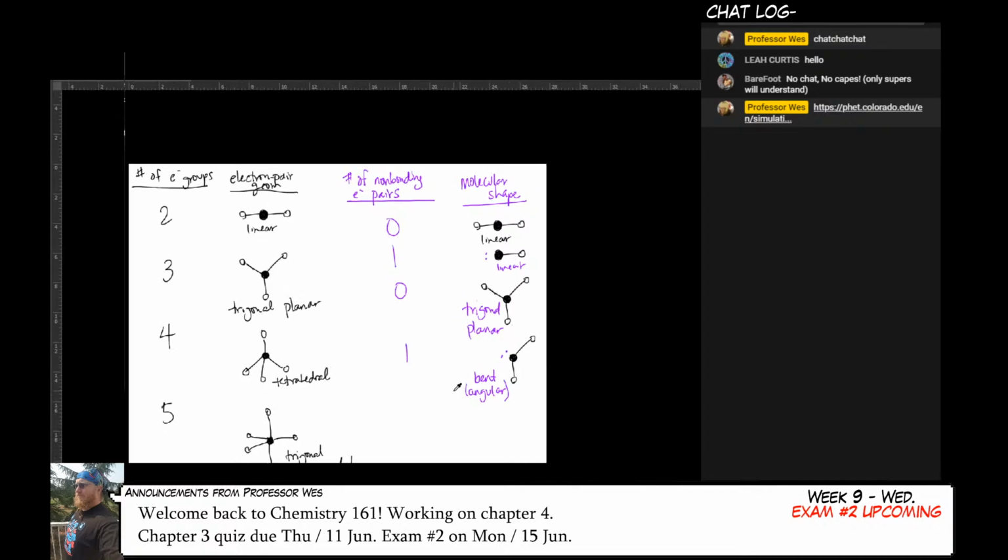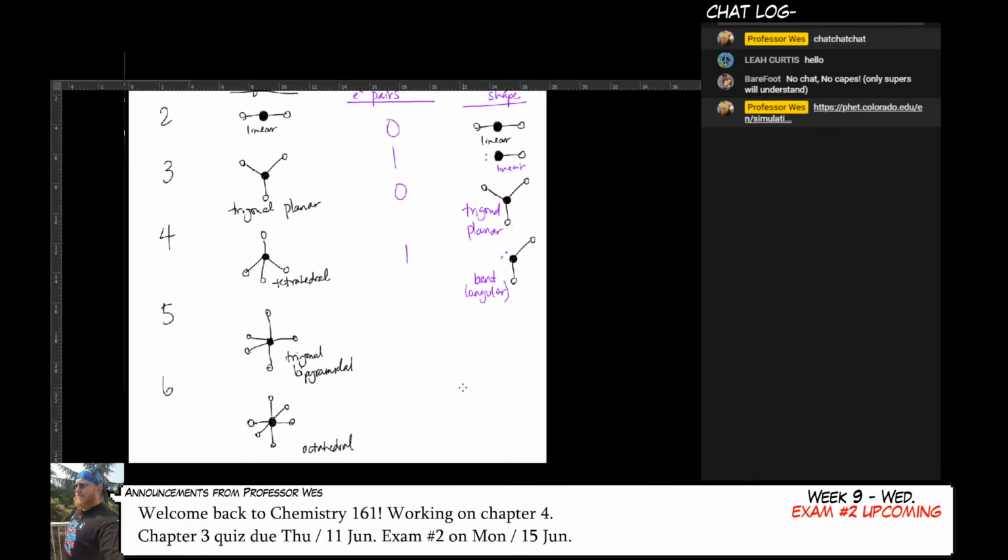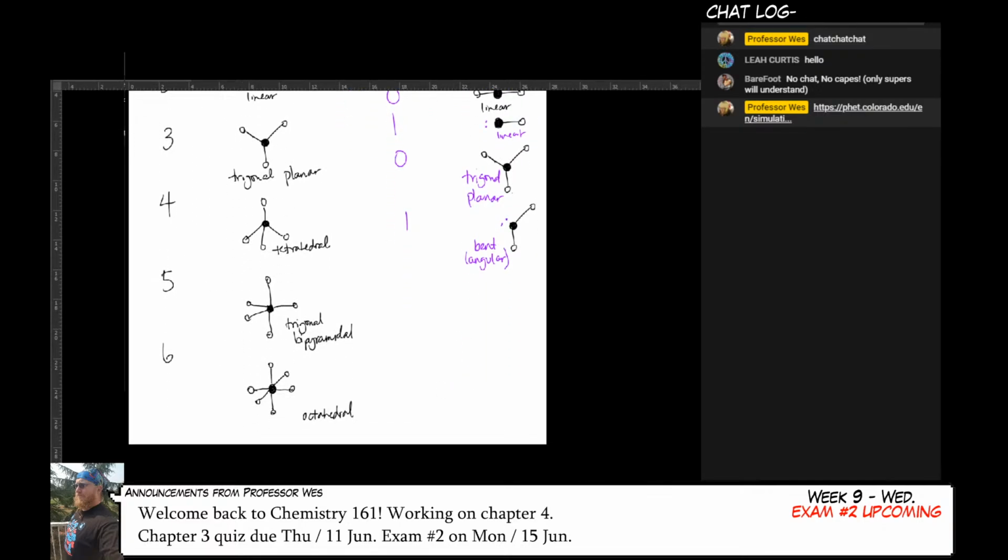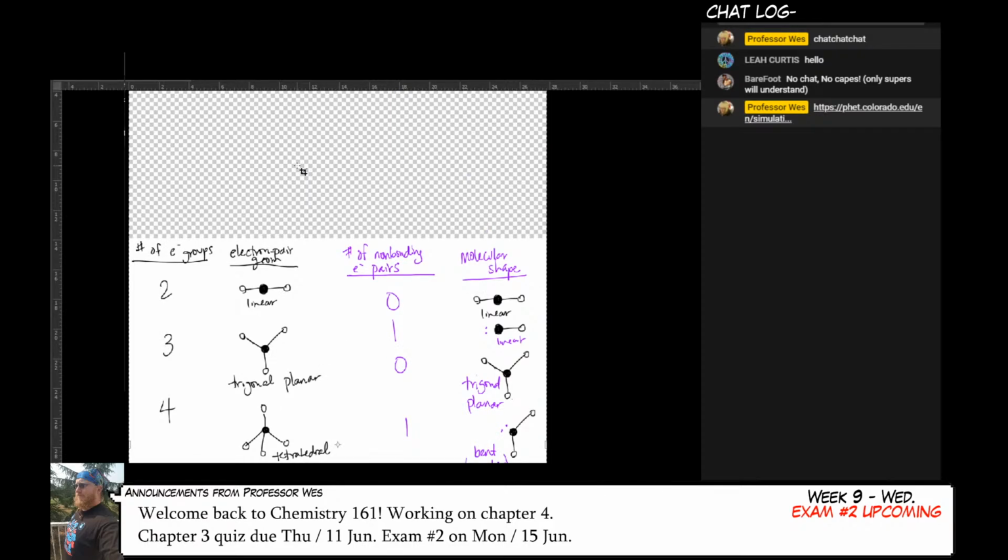All right. I have to actually neaten this up because I've already messed up my table. So give me just a second to do that. What do I want to do here? I want image, canvas size, and I want it to be twice as tall. That's almost sort of what I wanted. Oh, that's not what I wanted. Sorry, just a second.